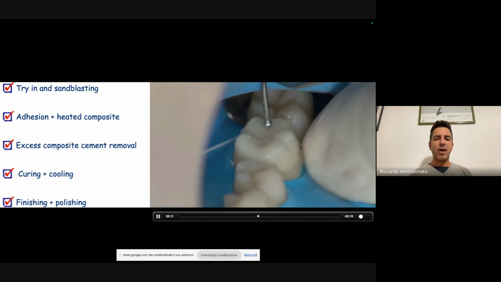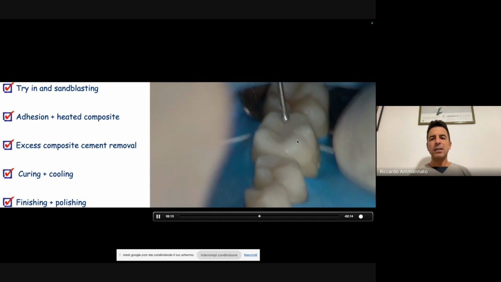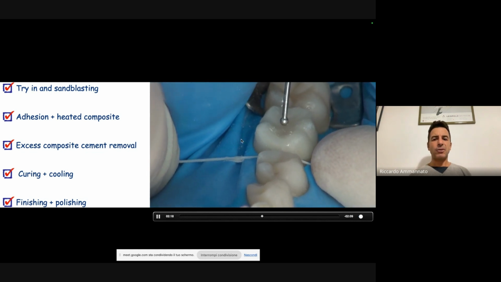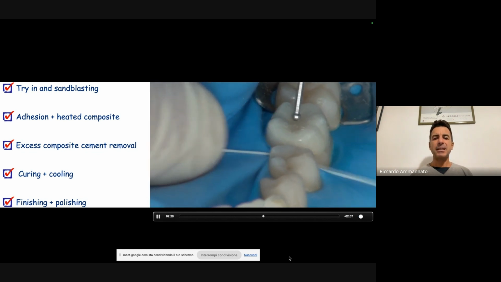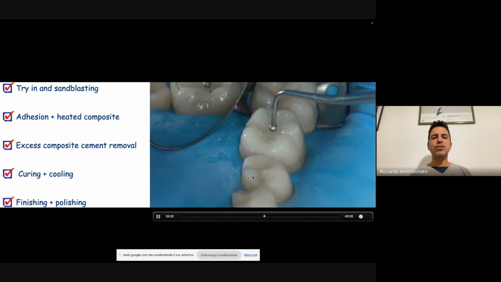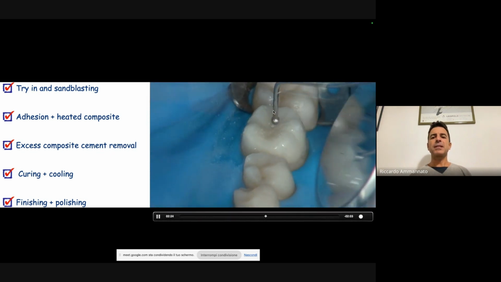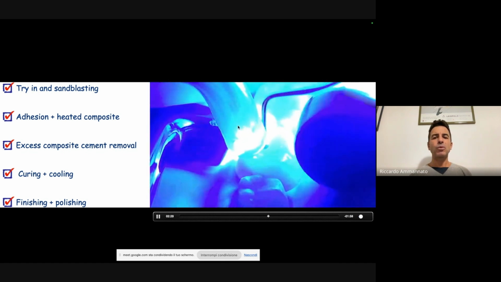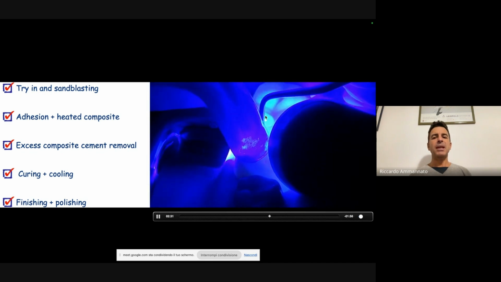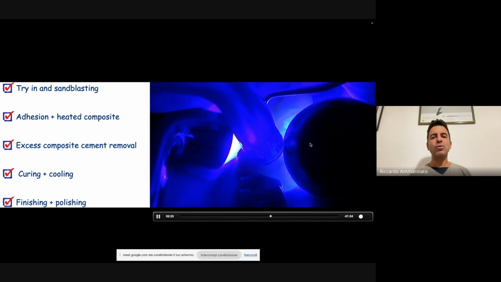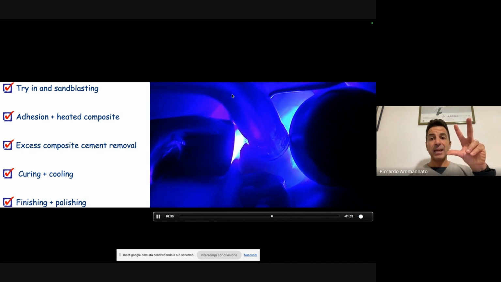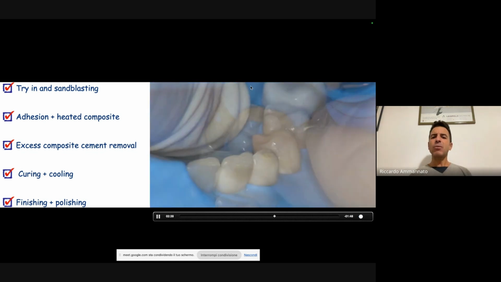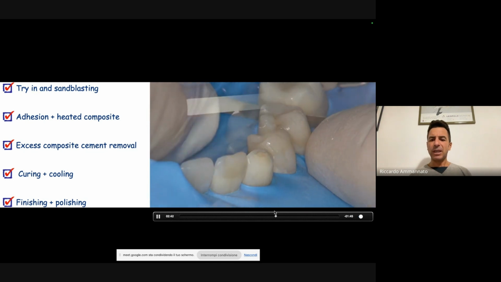I go with my floss, that has a knot, in order to remove some interproximal composite. You see that it's coming out on the distal, and on the mesial side, the same situation, checking 360 degrees if everything is clean, if I have other excess material to remove. And then the assistant keeps the restoration down, and I'm curing with 2 curing lights for 3 minutes, using the suction as a cooler. Then I will do the finishing procedure here with the strips.